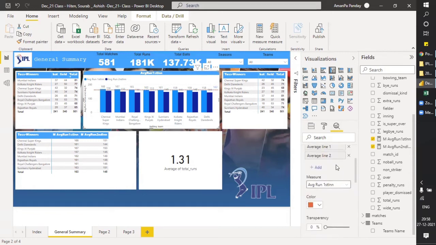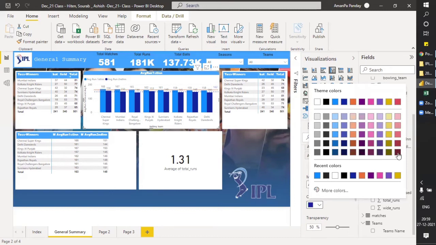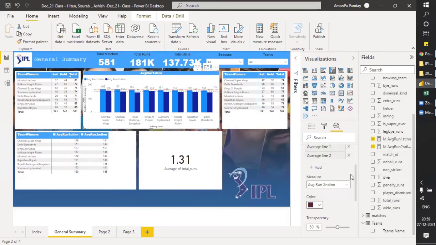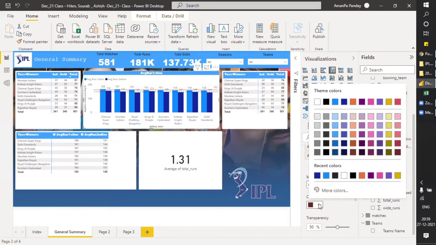When you want to add the second line, just click on that second and drag and drop it here. There is not much difference. Let me choose any other color. No, it's not that visible. More colors.